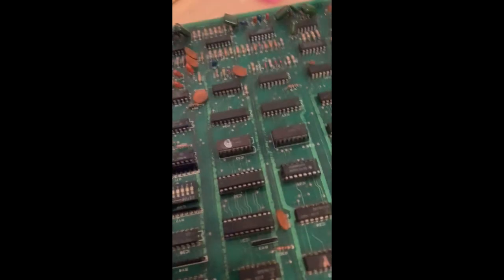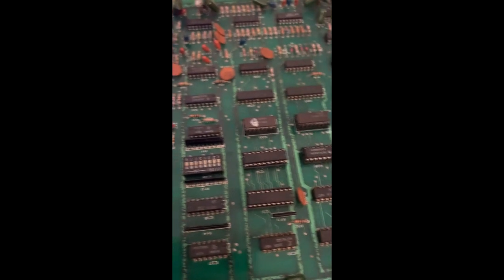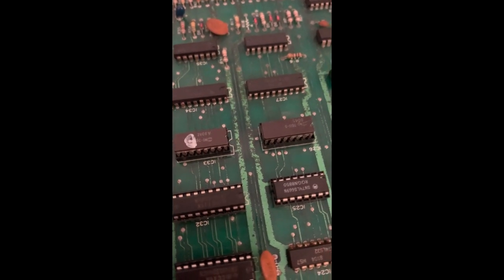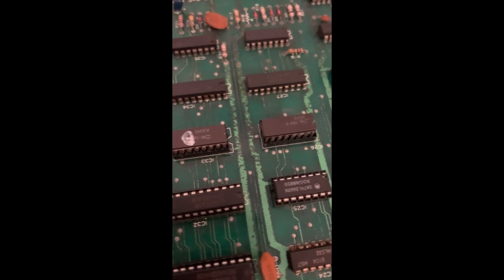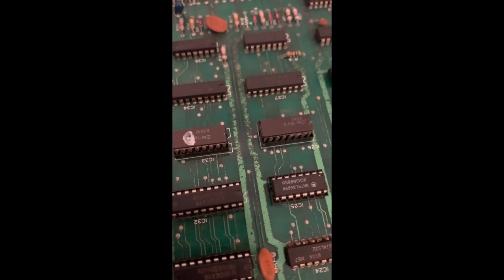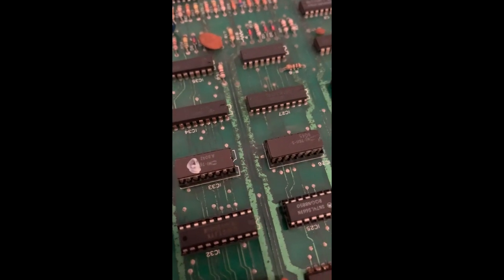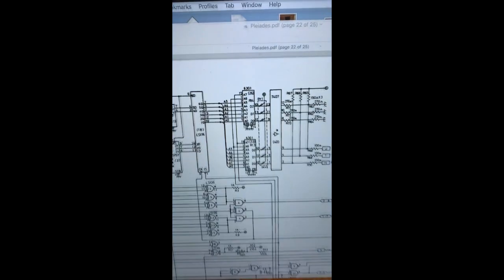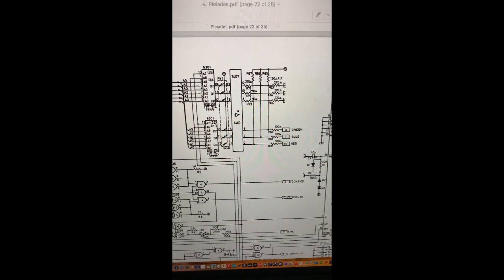So we're just having a look on the board, and these two chips here are colour proms, and the outputs on them seem to be just fixed, which is probably why we've got just a blue display. So I've had a look on the diagrams, and just before those chips, if we look on the schematic here,